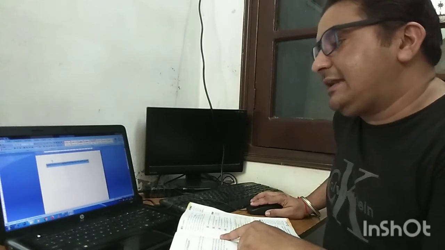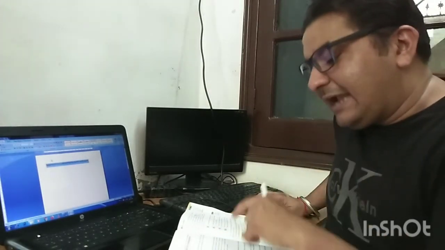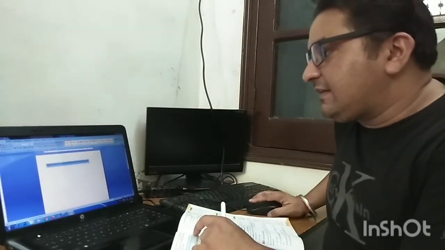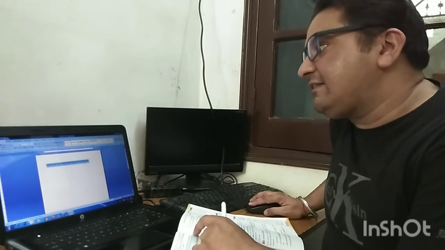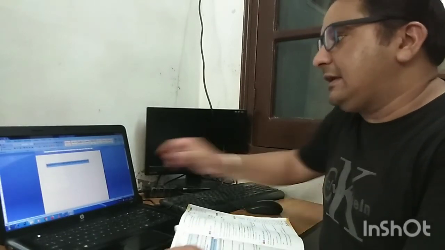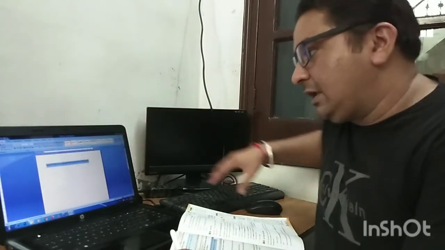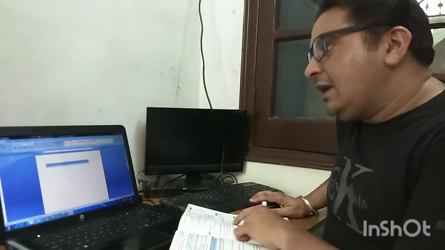After that comes indentation. There is left indentation and right indentation, like we have started this line from here. This is the left indentation and this is the right indentation, and whatever text we type will display between the left and right indentation. After this comes spacing.